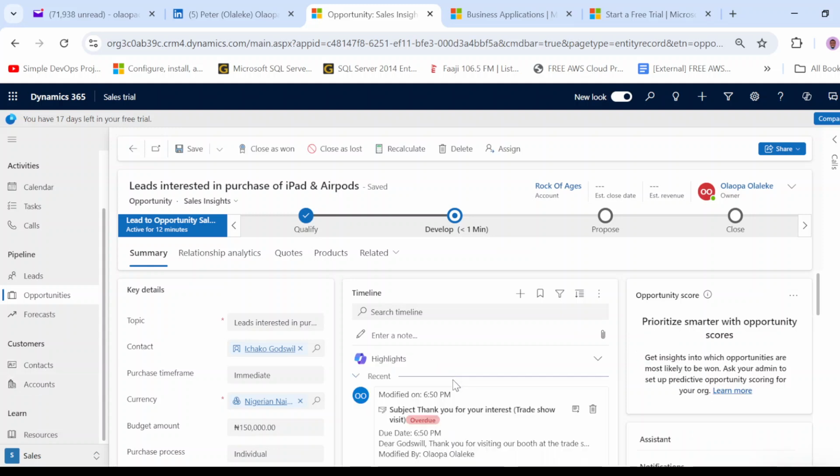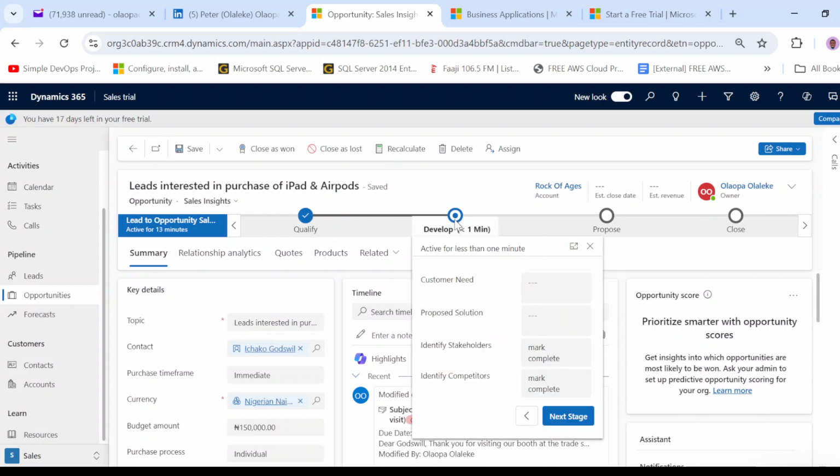So now this lead is now qualified. You can see that the box is checked, and we can move to the next stage, right? So which is the develop stage. So let's see what we have in a develop stage. So in the develop stage, right, we have to know what is the customer's need, basically about details about the customer's requirement, right, that will help the sales team identify the products or services that could meet the requirement of this customer. So I can just put customer is interested in